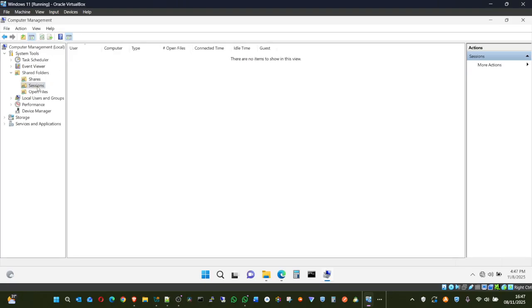However, if you want to check whether somebody has direct access concurrently, you come to this session, and you will see if somebody is currently logged in to your drive C. You will see the session in there: from which system, from which user, time connected, idle time, guest, from which computer it connected to you. You will see the open files. You will see it there. Don't tell anybody.